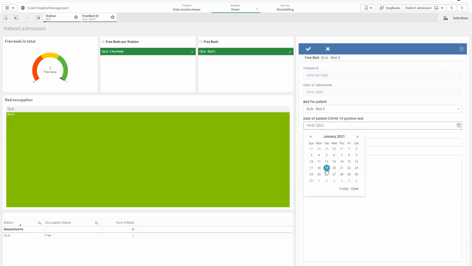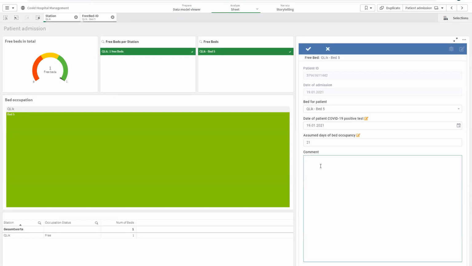For example, we could say it was the 19th of January. And then we could also define the assumed days of stay. For example, in this case, 21 days, and we can easily add a comment here. Just an example. And once again, what I could do now is hit the save button, and the